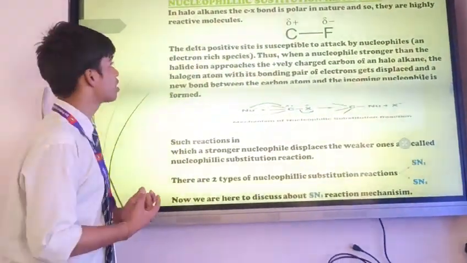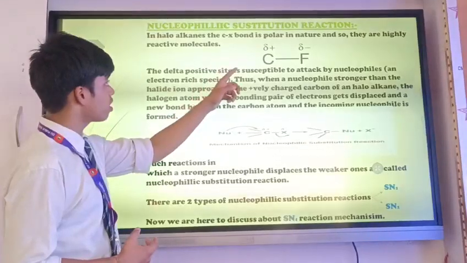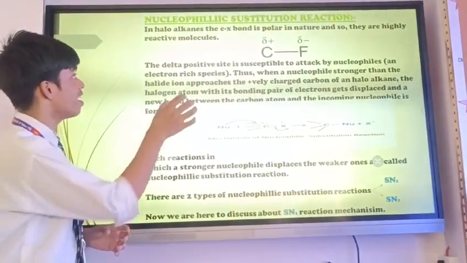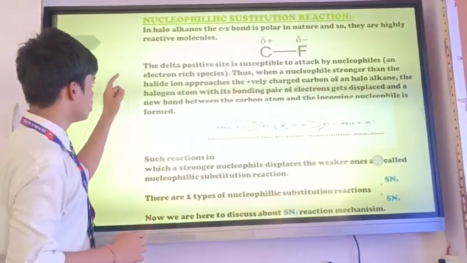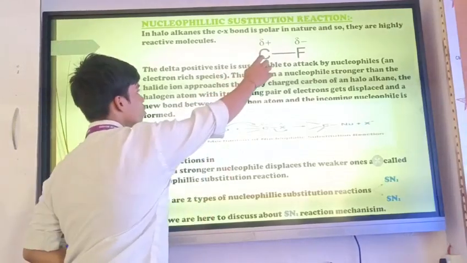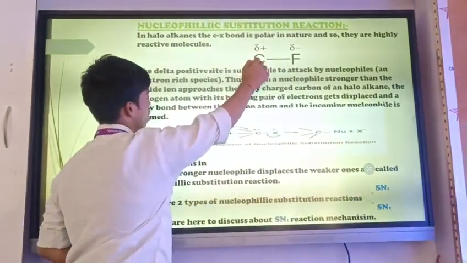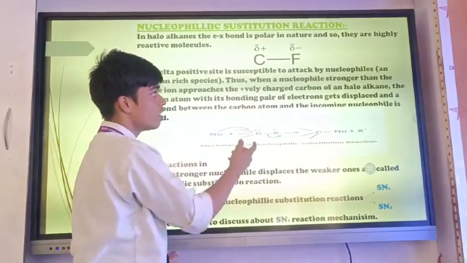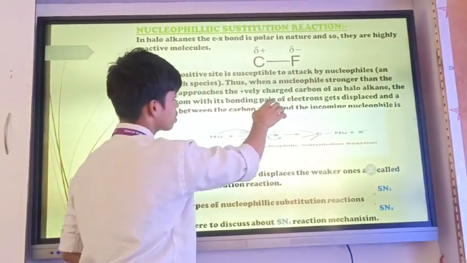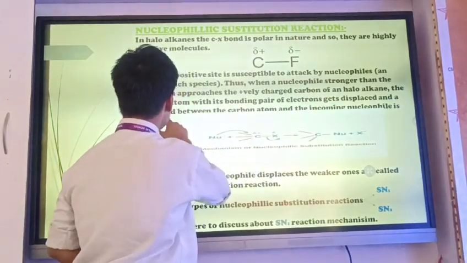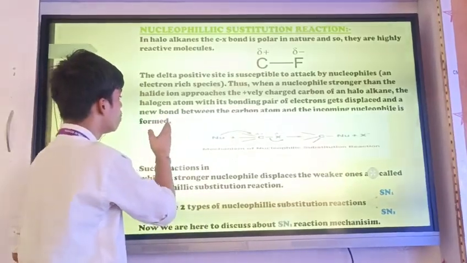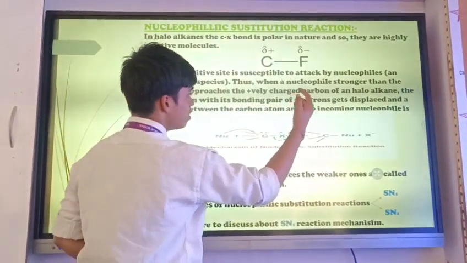As we know, in haloalkanes the C-X bond is polar in nature, and so they are highly reactive molecules. The delta positive side is susceptible to attack by nucleophiles, which are electron rich species. Thus, when a nucleophile stronger than the halide atom approaches the positively charged carbon of a haloalkane, the halogen atom with its bonding pair of electrons gets displaced and a new bond between the carbon atom and the incoming